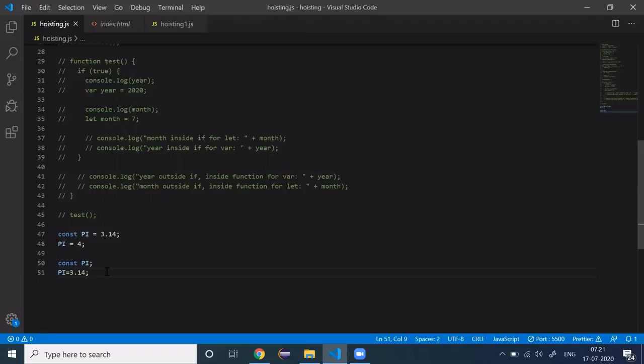Now we have another keyword, that is class, and how hoisting works for class. Let's understand that. Let's comment it out. First, let's see how we can declare a class in JavaScript.